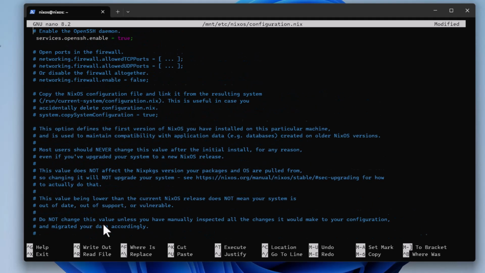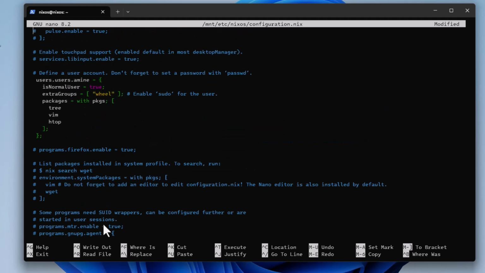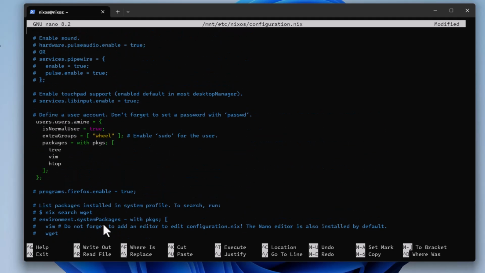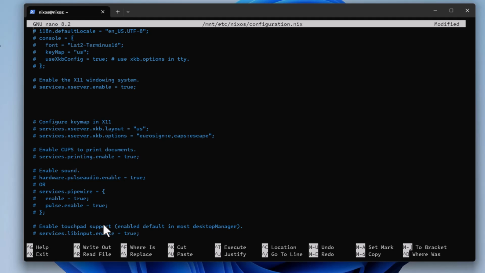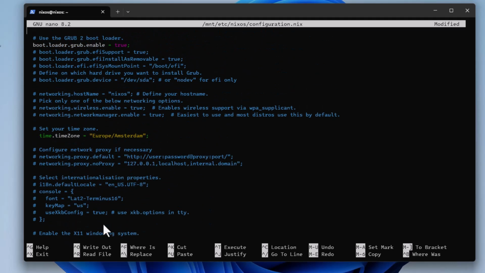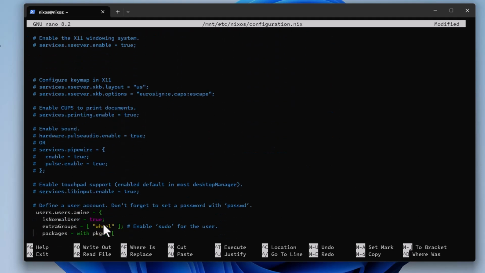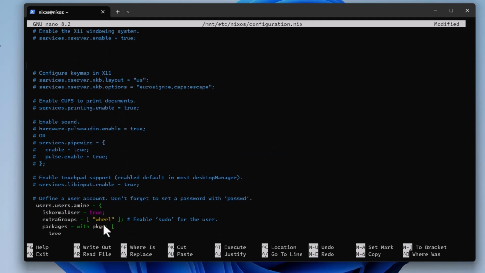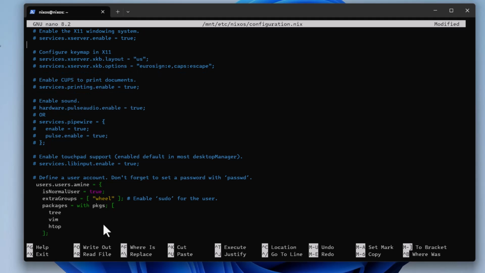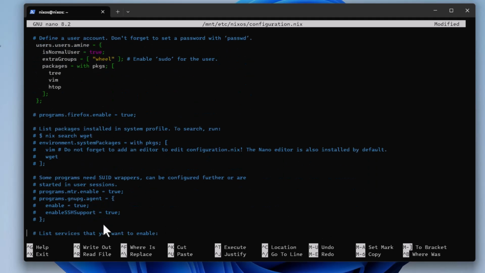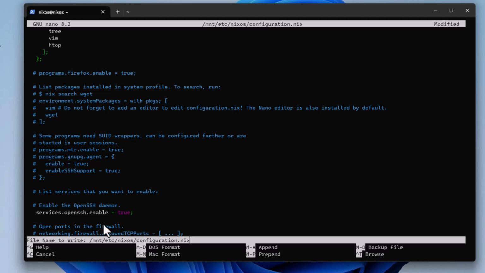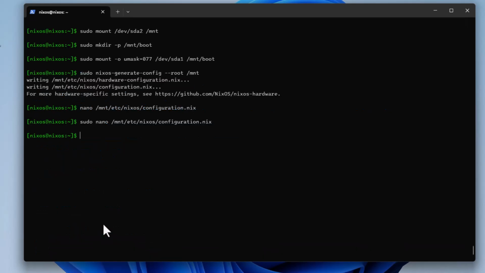So this is just a brief view of this configuration file. It has many options. You can add other options if you want, but here I will just stick with the defaults. Okay, so now that you have made the changes that you want, we're gonna install it actually. So let's quit this, and in order to install it,